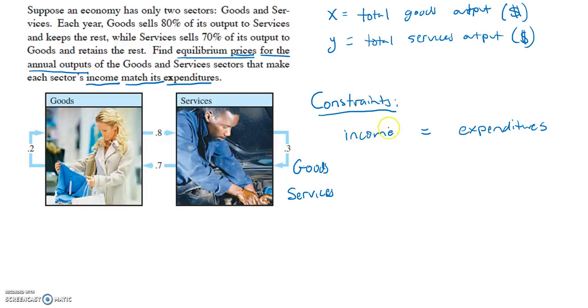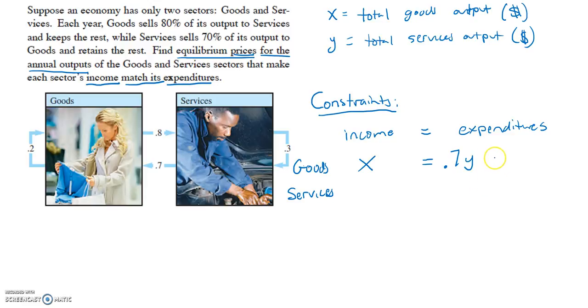So now we have to think about the total income. Well, the total income for the goods company is literally the total goods output, right? So however much I produce, that's how much my income is. Or my potential income is X dollars worth of goods. But now I've got to take into account my expenditures, and I want to make sure that how much I make, the total goods output in the dollar amount, is equal to how much I spend. Well, I'm spending by buying some of the services, and I'm buying 70% of the total services output. Okay, well, total services output is Y, and I'm buying 70% of Y,